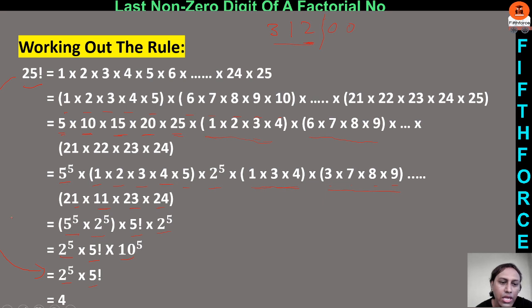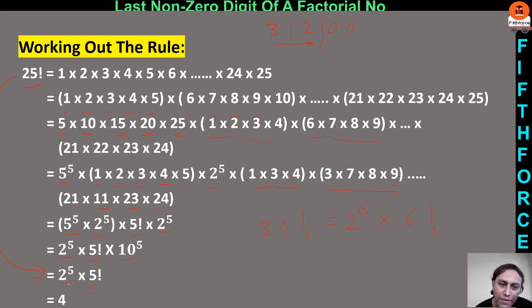25 factorial is 2 power 5 into 5 factorial. How? Just a simple approach, guys. Look at this. 25 divided by 5. Quotient is 5. So the final answer is 2 power 5 into factorial 5. Got my point? If I say 30 factorial, so 30 by 5, quotient is 6. So the unit digit must be 2 power 6 into 6 factorial. Correct? Yeah. That is the working rule.